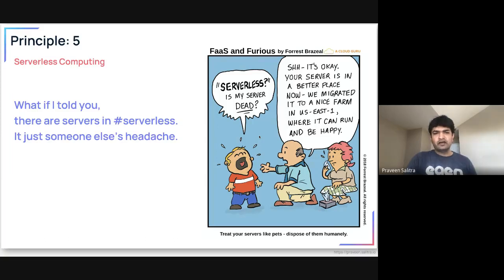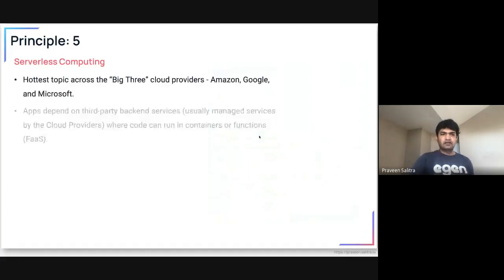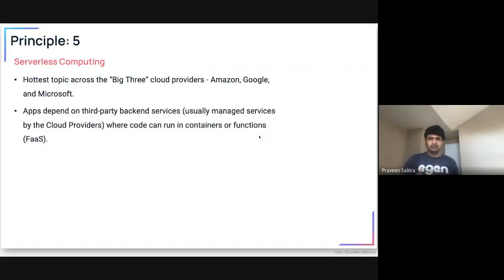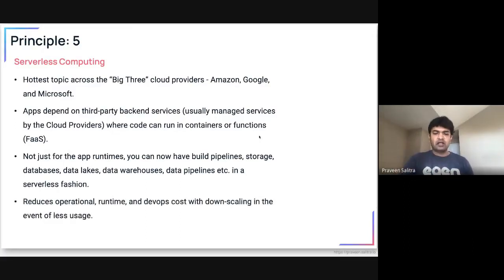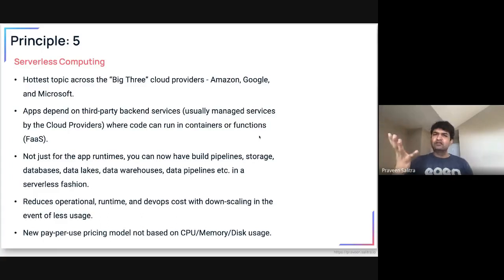So auto scalability and things like that. So that's serverless computing. That's how it got popular 3-4 years ago. But now there are more than just Lambdas or functions. There are many other things as well that you can utilize and that you can think of in terms of containers. Run containers without thinking about where those are running on your cluster. Run data pipelines or your build pipelines or your databases or your data lakes or your data warehouses without thinking how many CPUs and how much memory and how much disk you would need, right?